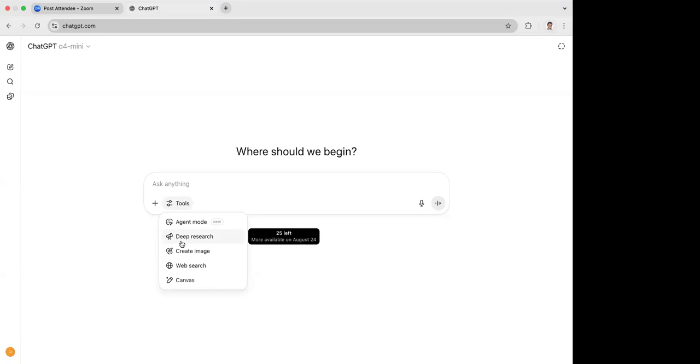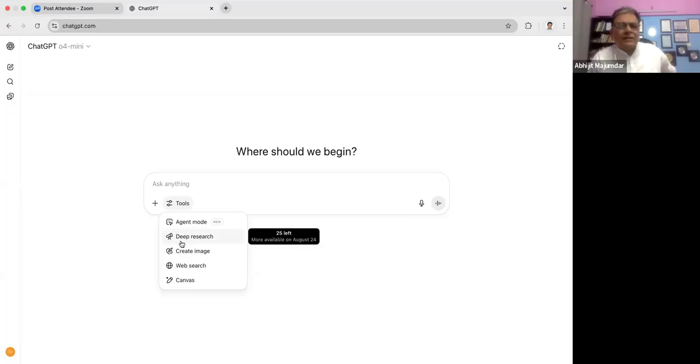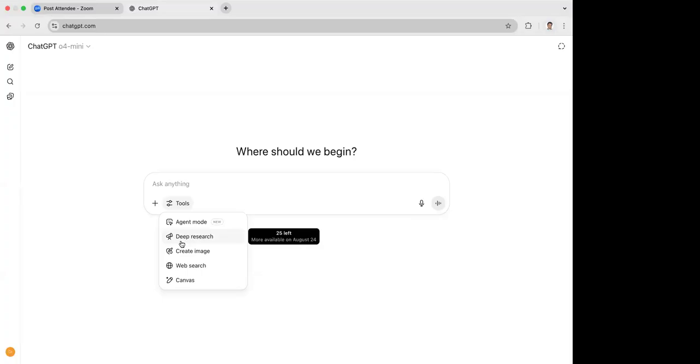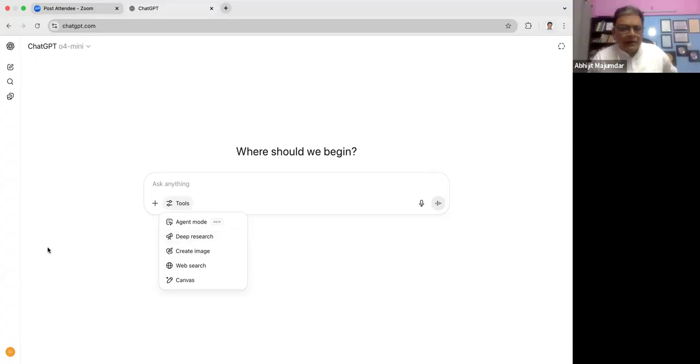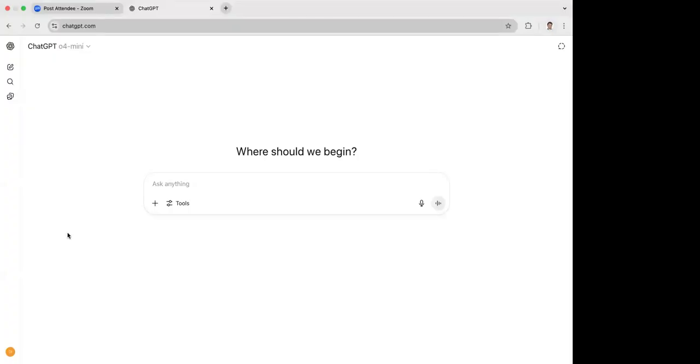So is any similar secondary research available in Perplexity? Any idea? Yeah, Perplexity is available. Perplexity is also good in research. You can use it. But again, the free research tools will not give you that quality because the token sizes are limited. Correct, I understood that from that day. Okay, thank you so much, Abhijit.